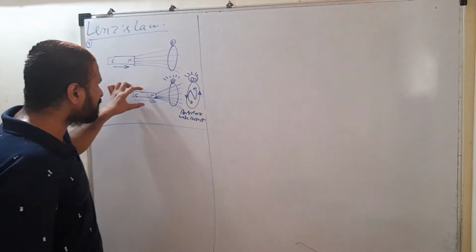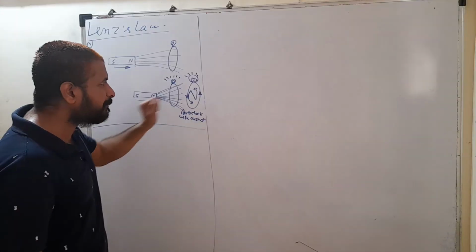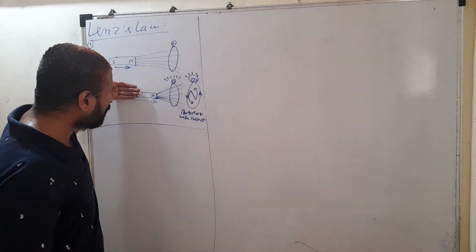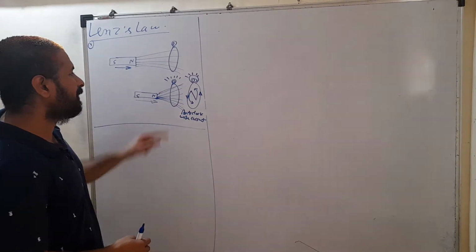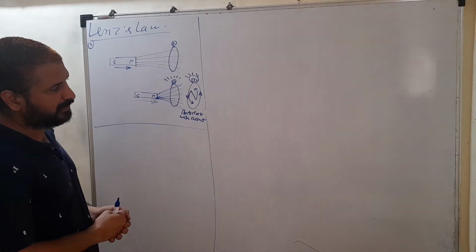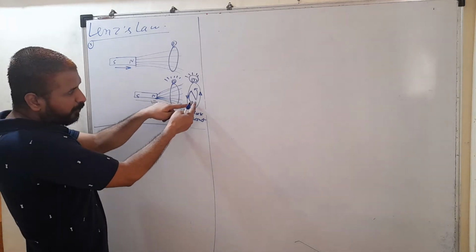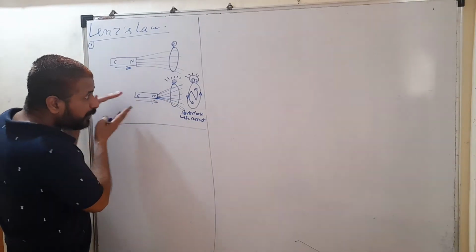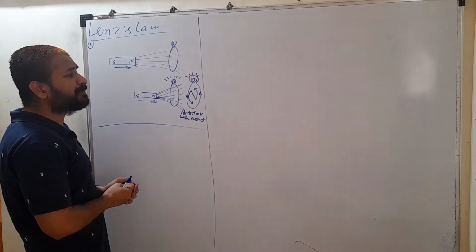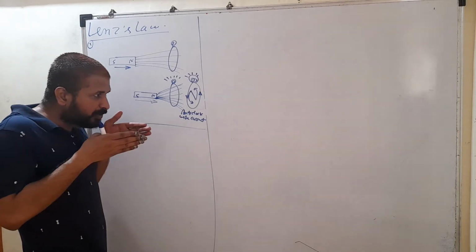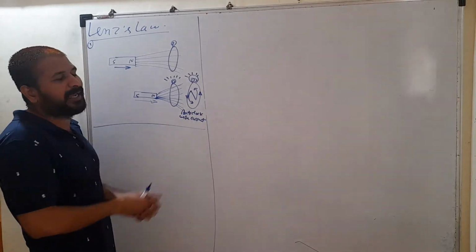How can this loop oppose its velocity? By generating a magnetic pole here. So if you are bringing this magnet closer to the loop, a north pole is developed here. Now north is going to repel this magnet. So when a north pole is developed here, now you have to forcefully move this magnet closer to that loop. So when you are forcefully moving that magnet, you have to perform mechanical work.